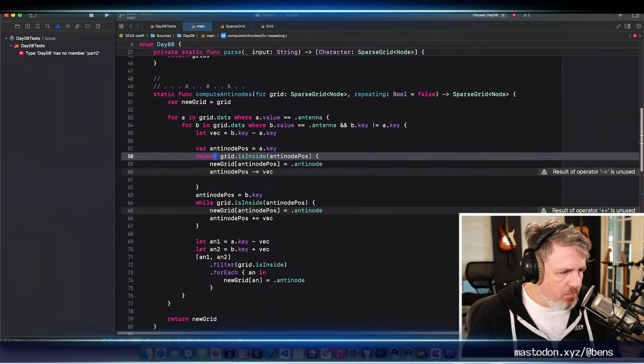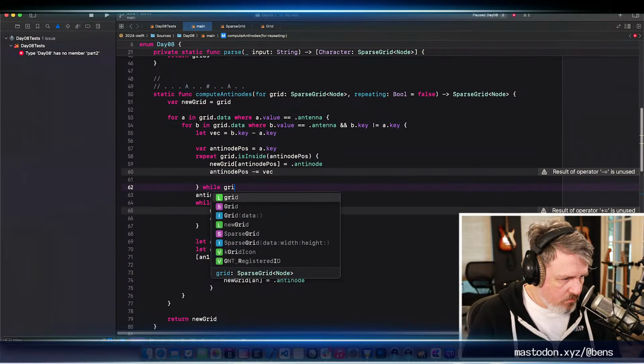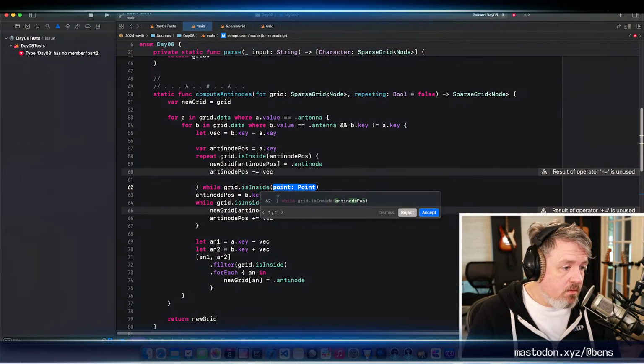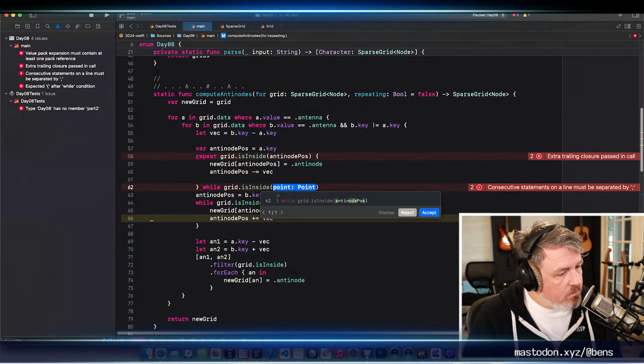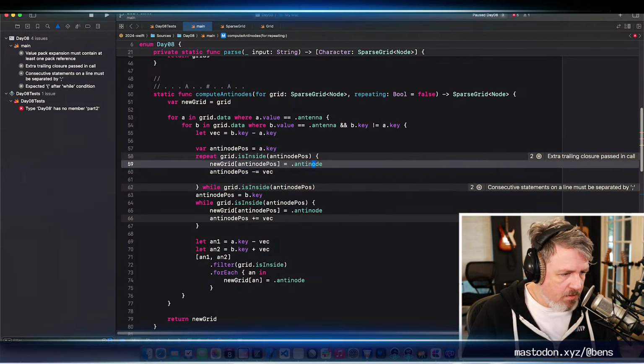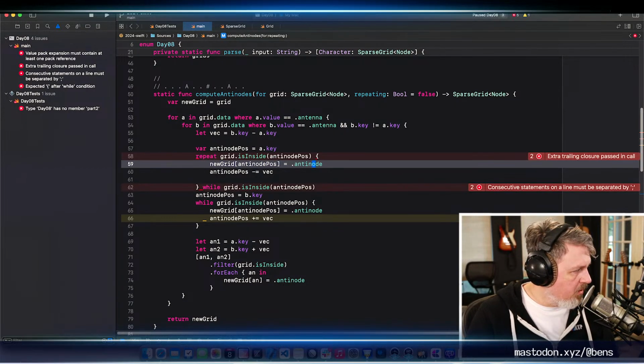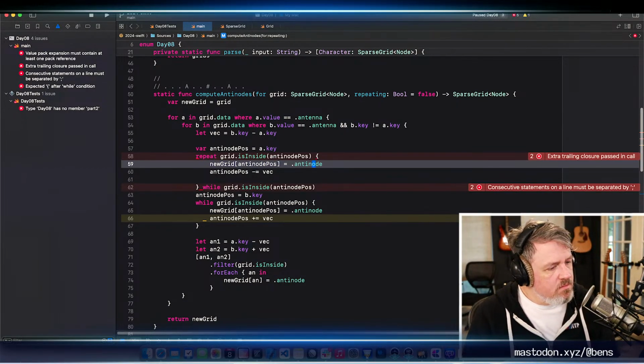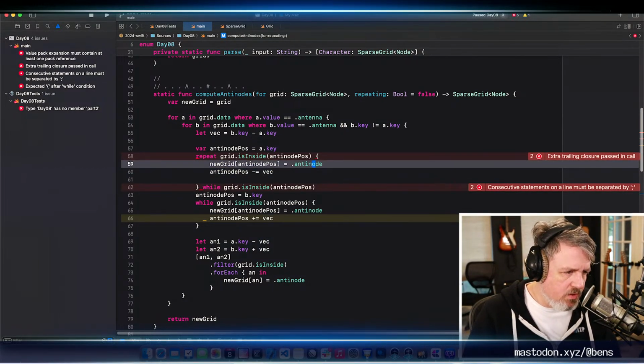I could do a repeat while is inside point antinode position. But this is always going to add it at B's position. Or sorry, at A's position, which I don't want in this case.